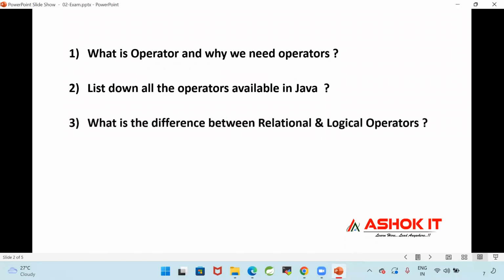Third question. What is the difference between relational and logical operators? That means, as a programmer, when will you use a relational operator in your program, and when will you use a logical operator? When to go for a relational operator and when to go for a logical operator.